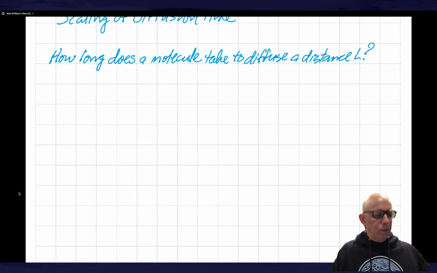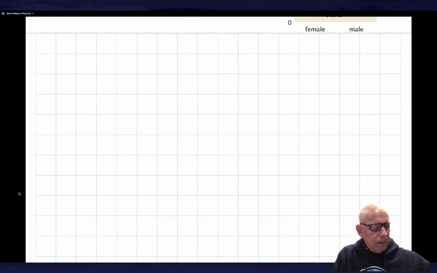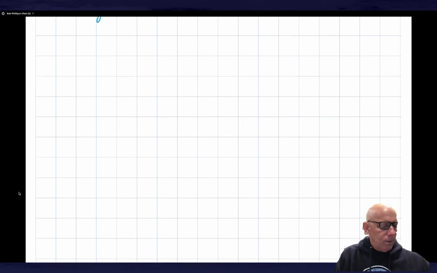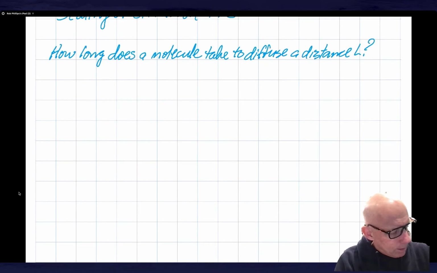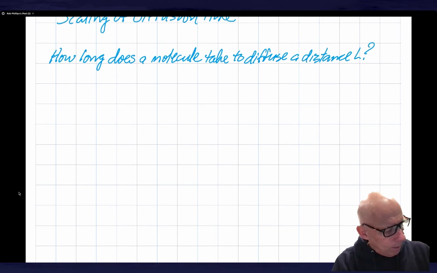So what I'm after is some expression, some formula basically, that tells me how to relate diffusion time and the distance over which a molecule is diffusing. In order to make progress on this, we need to actually think a little bit more about the diffusive process. And to do that, I need to introduce a few ideas. So, I want to introduce the notion of,